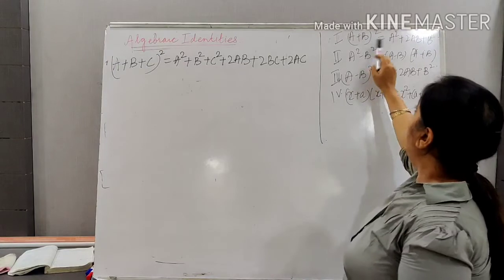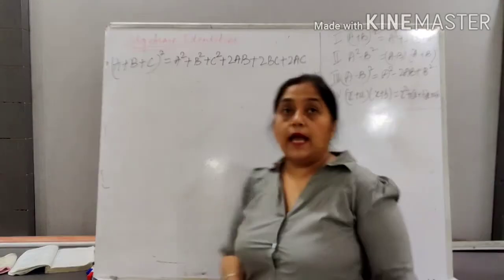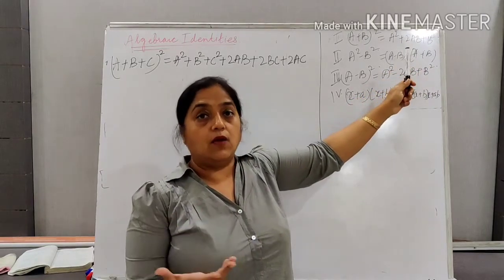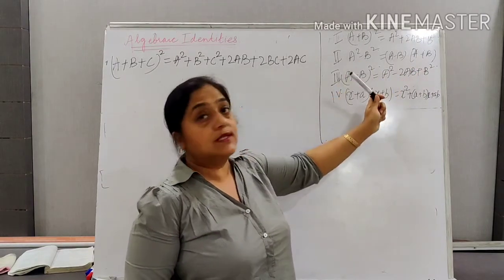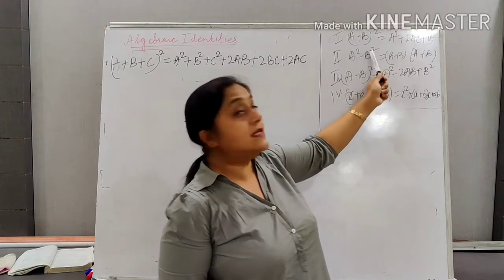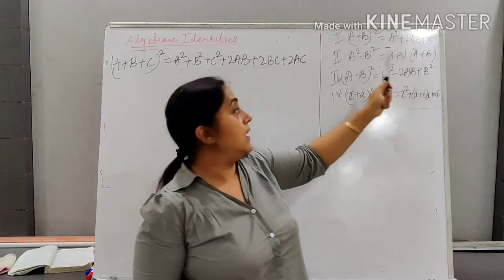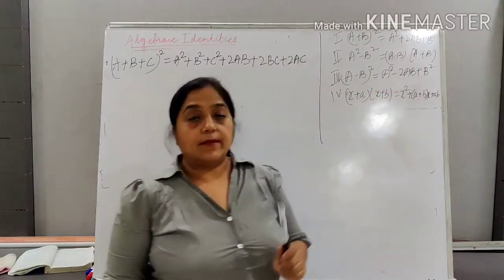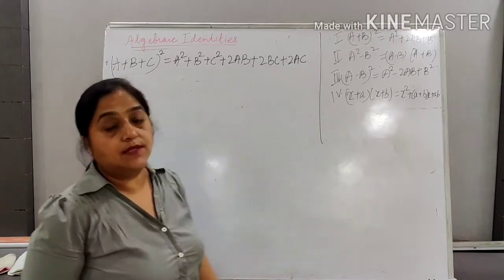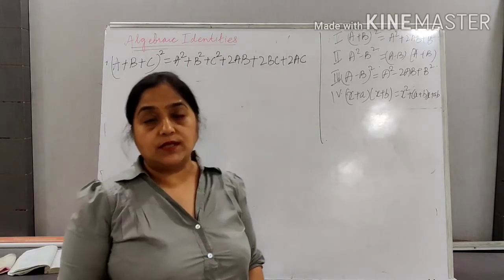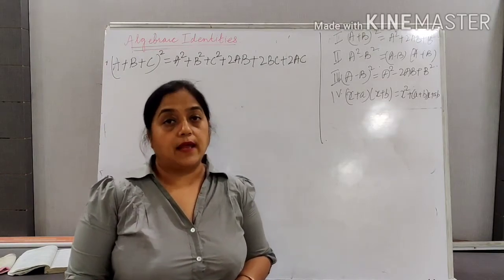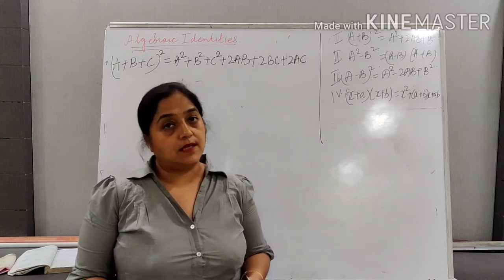I told you people, whenever we have three terms, we can think that it may be (a plus b) whole square or (a minus b) whole square. And whenever we have two terms, a square minus b square, then we can think of this identity. So similarly, whenever we have 1, 2, 3, 4, 5, 6 terms, we have 6 terms, and out of those 6 terms, 3 terms are the squares of numbers, then we can think that maybe it is (a plus b plus c) whole square.